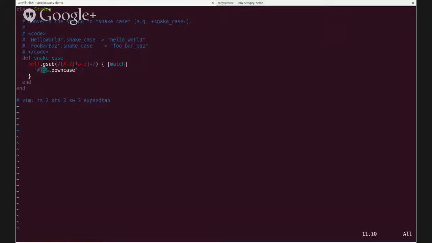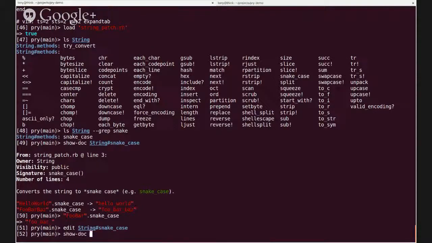So you're right. Each match is going to have a trailing underscore, so the end of the string will end with that trailing underscore. If I don't have the ability to jump, I guess I can open up another pry session and try to figure out what I have on string. But in fact, I know that I can just chomp off a particular character using a string chomp. And save that, right click back, and now if I show doc